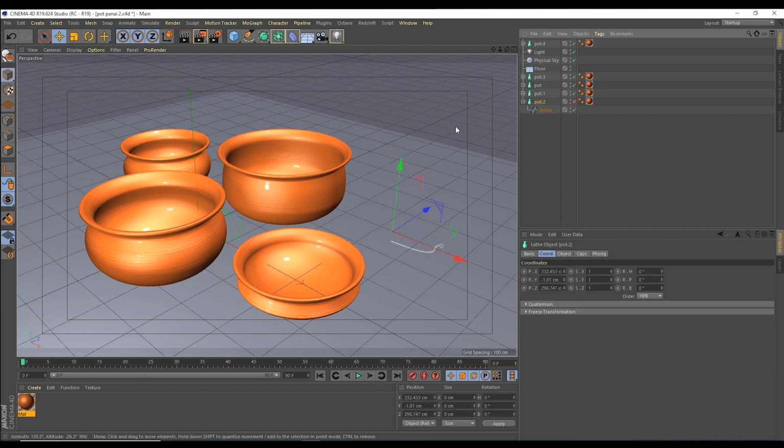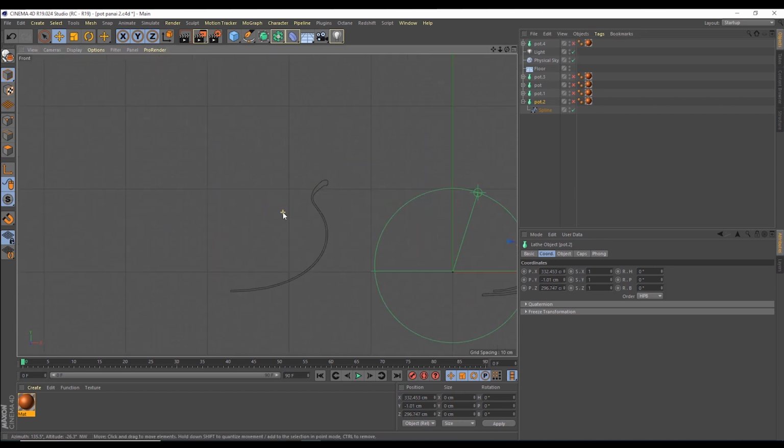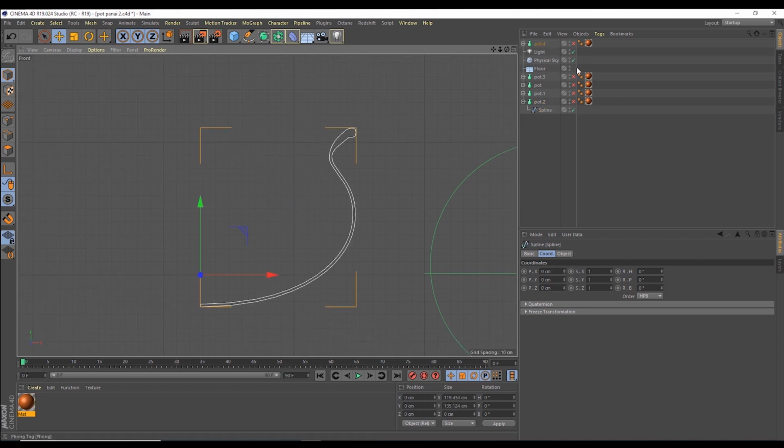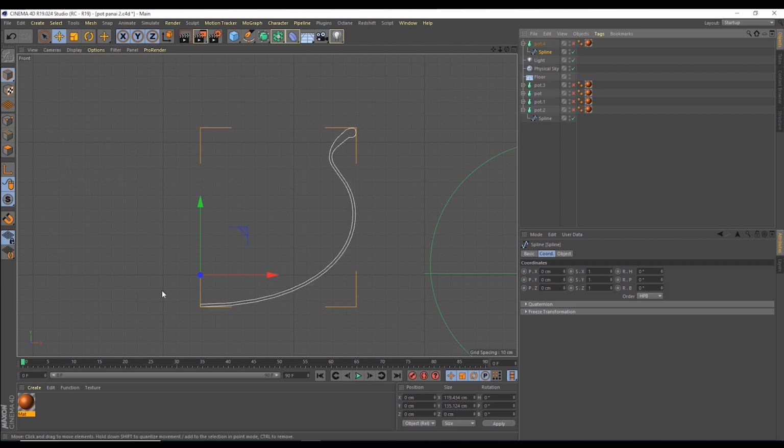Now I will show you how to make a lathe. I am going to create this shape using a spline. Now I will change this into 3D. I have taken a spline.